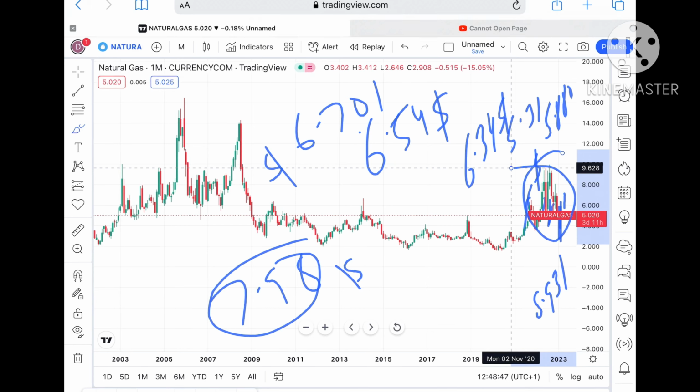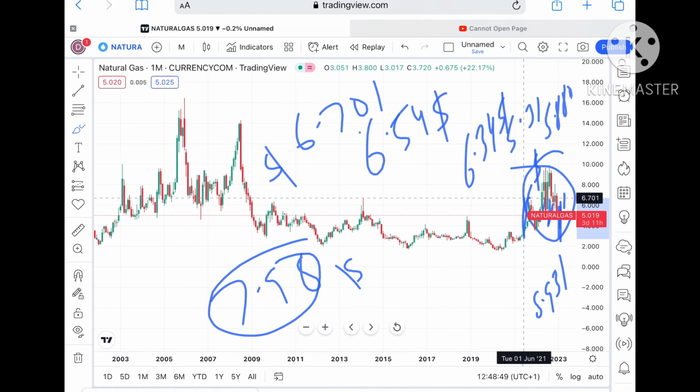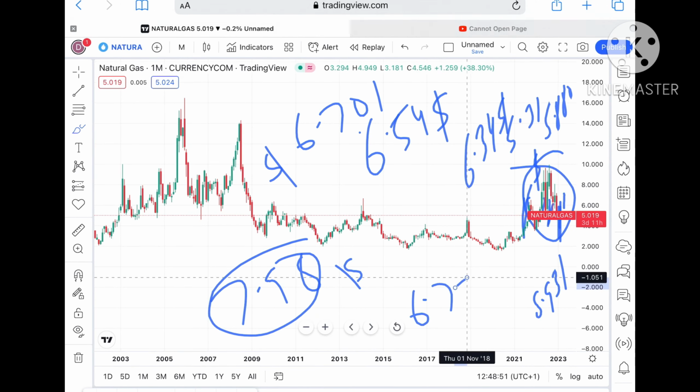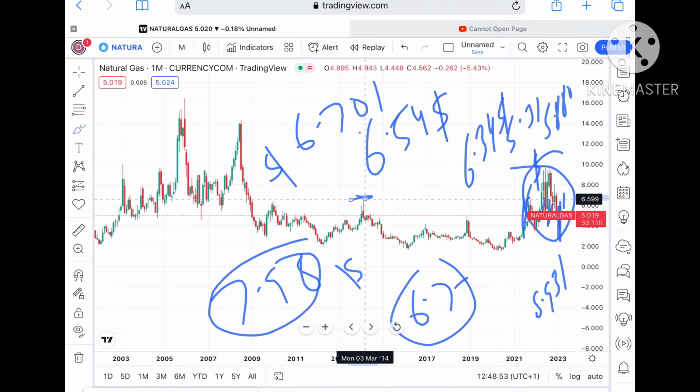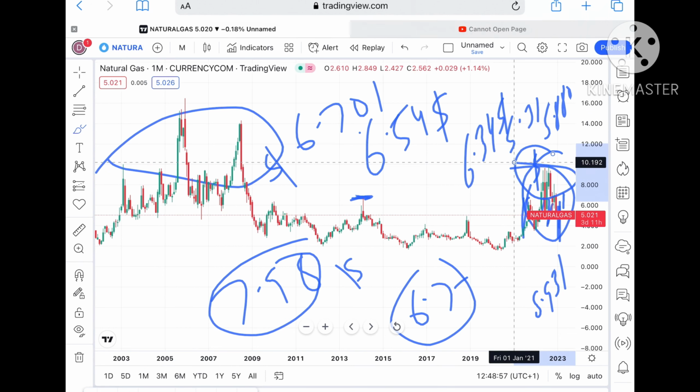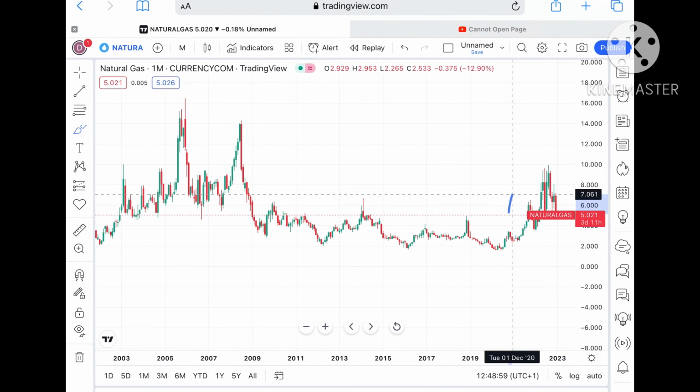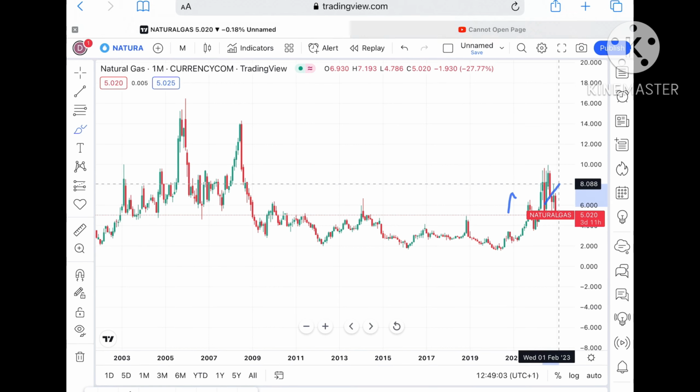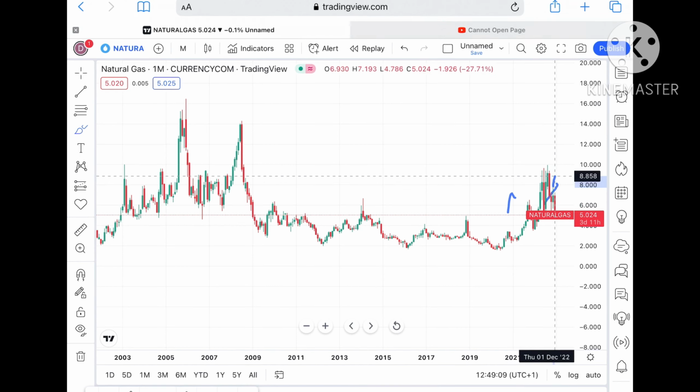Okay, so what you have to keep in mind is, once it starts moving in this particular zone again, chances are very high we can see it can go further upside, and till the time it is sustaining 6.7. Okay, once it crosses this zone, you have to understand this, then we can see it will move in this particular zone and this zone. Okay, so once it starts moving above a level of $6.7, chances are very high we can see it can go towards a level of $8 also, which is all these resistances are weak resistances, so chances of moving further upside